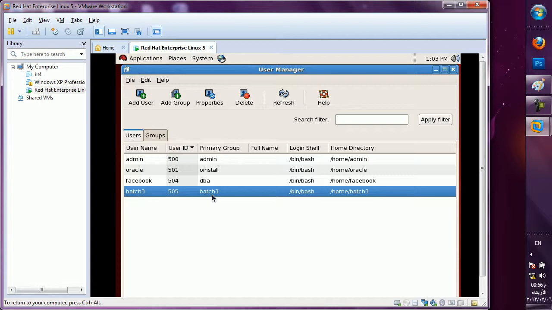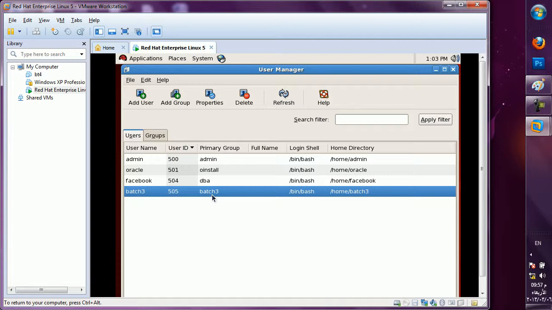Because at the time of Linux installation, if you are deciding you want to keep your Oracle software in Linux, you have to create some partitions to keep the Oracle files.